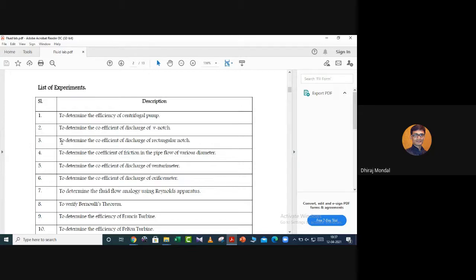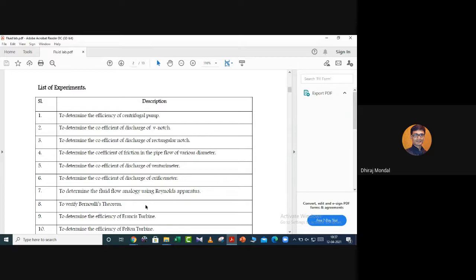That will be discussed here. Then to determine the coefficient of discharge of a rectangular notch, to determine the coefficient of friction in pipe flow of various diameters, to determine the coefficient of discharge of a venturimeter, to determine the coefficient of discharge of an orifice meter,